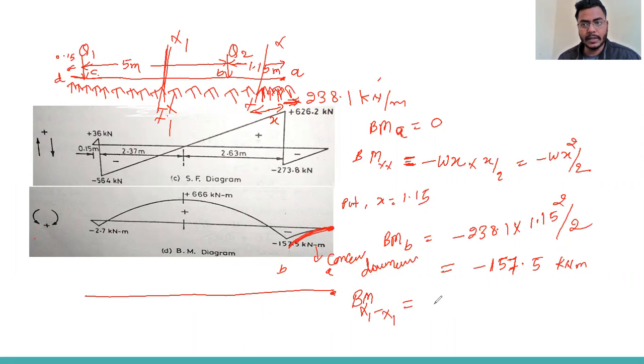At the x1 axis, what will be there? First write down the UDL. So the UDL is 238.1, and that will be negative. So minus 238.1 into what is the length? Suppose this x is here, so this length is x. So we can write x